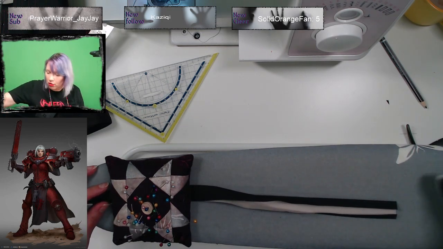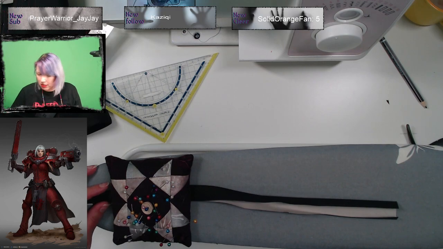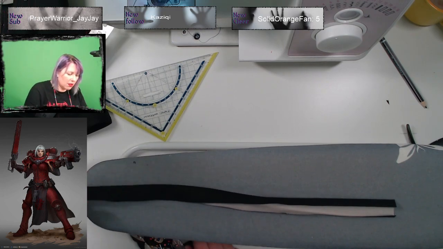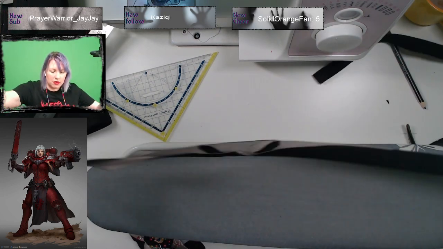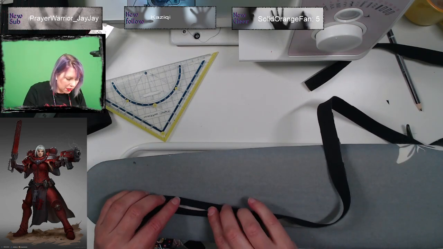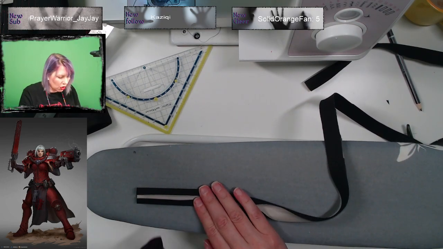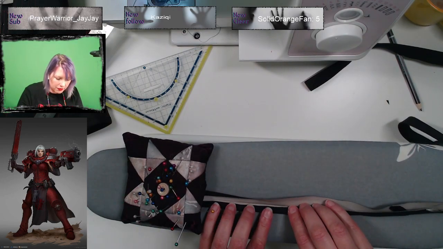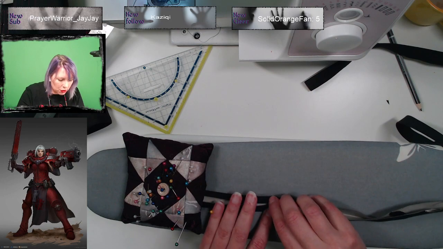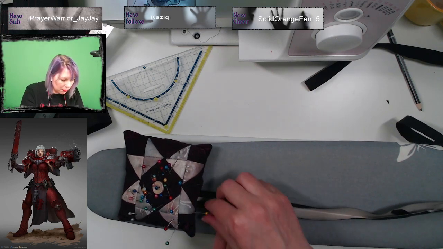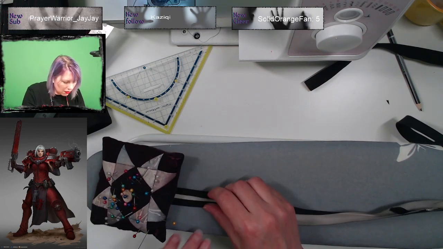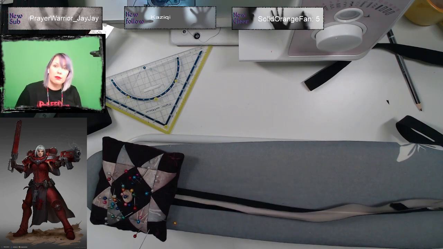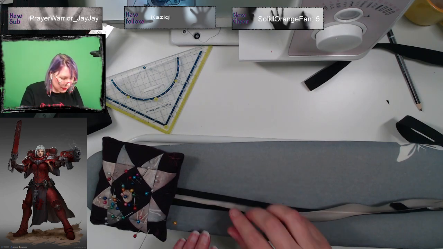I am doing it the wrong way around, aren't I? Or not? Yes, I am. Right, you go on top of there. So that while it cools down and then it stays in shape. Damn it. My eyesight's so bad! Right.